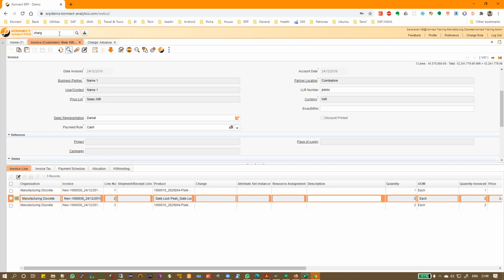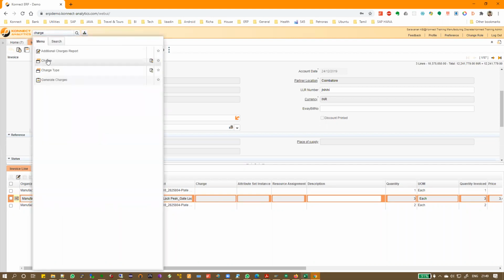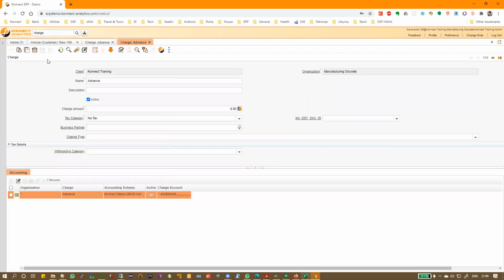Okay. Similarly for charge is also like product only. Only thing is it does not have quantity. Okay. So whatever name you give here, okay, it is immaterial. You can give anything you want. You can have a convention. Okay, you want it to be like this, you want it to be like that. That is okay. But a charge by itself does not mean there is an expense charge or an income charge. No, nothing like that. Okay, that is your understanding because you can create a charge called advance, and depending on